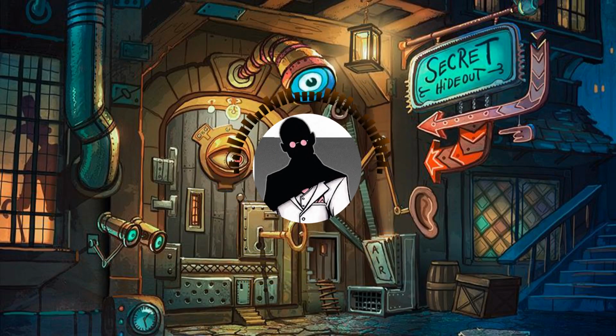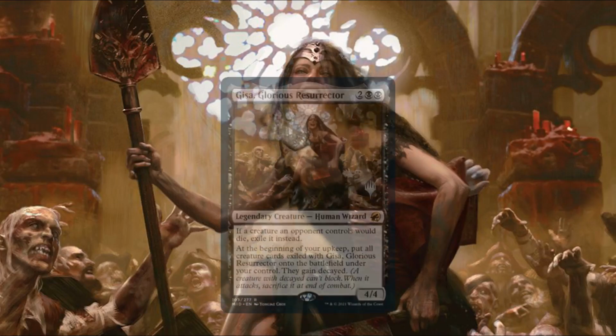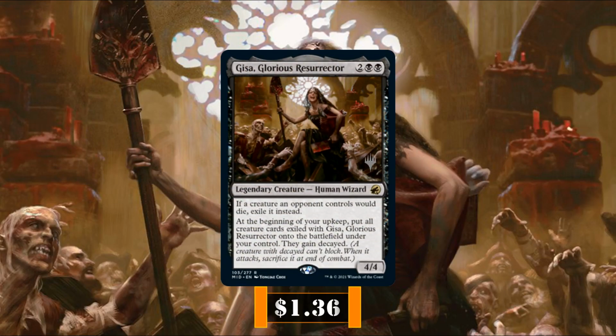So with that out of the way, let's start by taking a look at the commander and playstyle. Gisa, Glorious Resurrector is a 4/4 Human Wizard that costs 2BB with the following abilities. If a creature an opponent controls would die, exile it instead. At the beginning of your upkeep, put all creature cards exiled with Gisa, Glorious Resurrector onto the battlefield under your